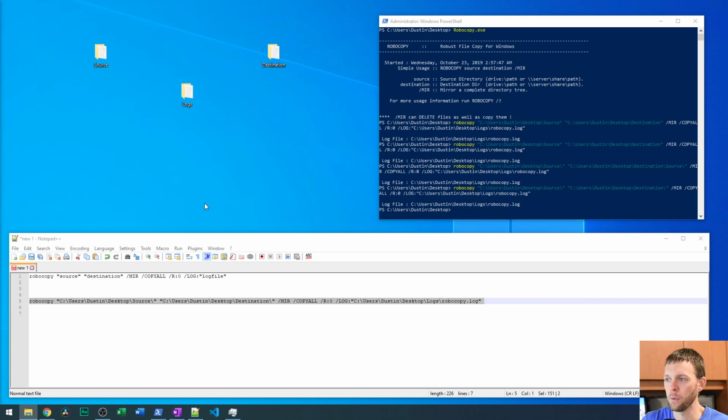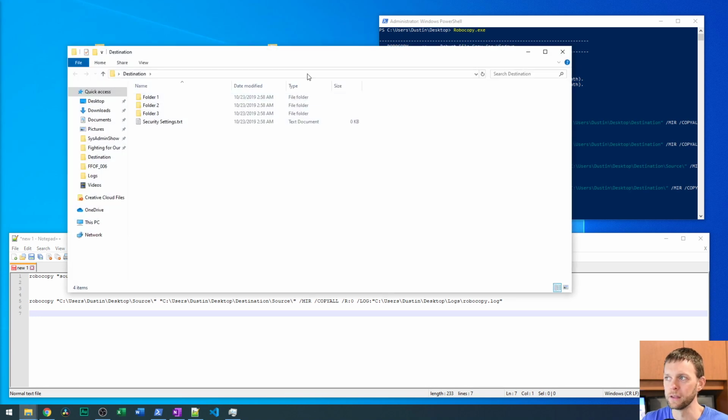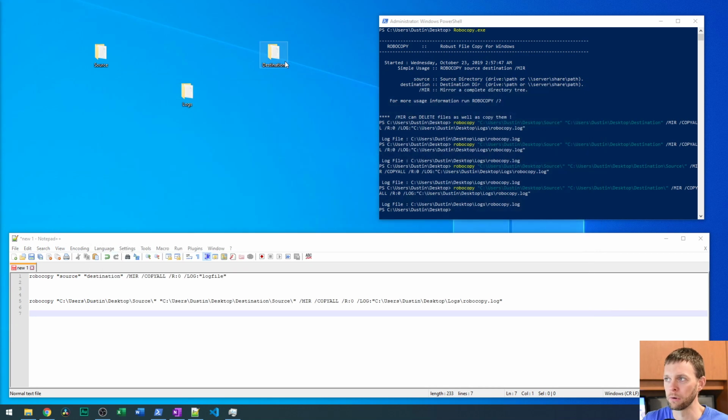But why did we get that setting that said there were only 3 directories copied instead of 4? Well, that's where we go back to this source, and what it did is it dumped the contents of the source folder into the contents of the destination folder, right? Or replaced the contents of destination with that. So if we were to run this again,